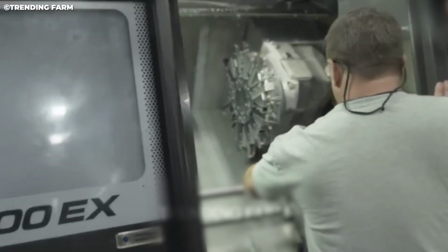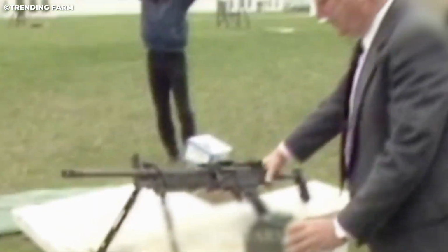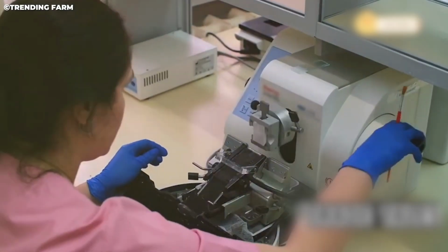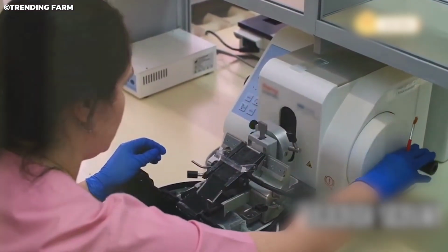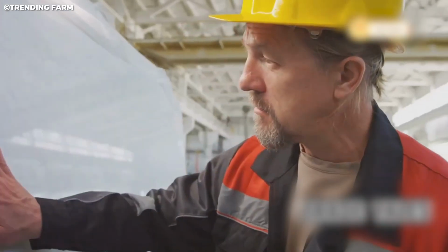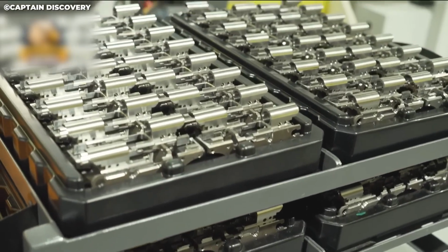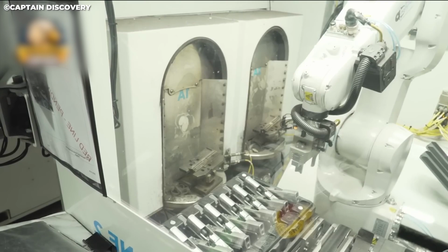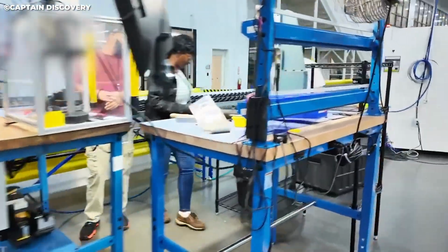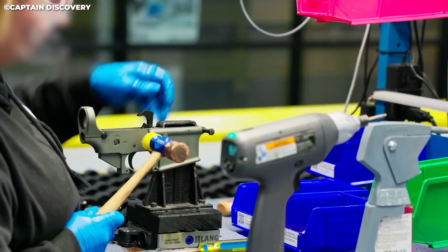But machines can't do it all. There's a human element in this process too. Skilled workers oversee the assembly of these rifles, ensuring that each one is put together with precision. They use high-powered microscopes, gauges, and other specialized tools. Any flaw, no matter how small, means rejection. These folks have zero tolerance for error. Lives literally depend on their precision. At many factories, workers are responsible for checking the fit and finish of each part before it's sent off for final assembly. It's a blend of machine efficiency and human quality control, and it's this combination that keeps production moving